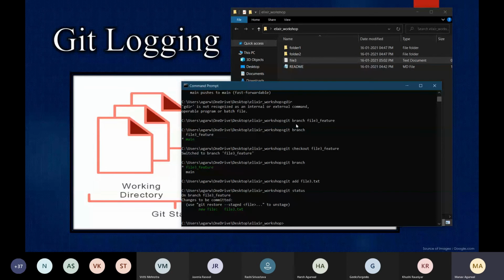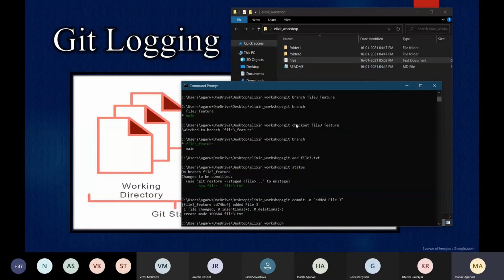So now, moving further, I'll have to commit it. git commit -m "added file3". Okay, now the file is committed to this branch, file3 feature. It won't change anything in the main branch. So now our main code is preserved. Everything would be there, the state won't be changed. Okay, so now if I switch to the main branch, we use the checkout command for that, git checkout main,